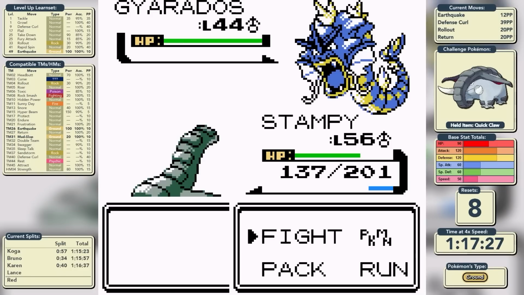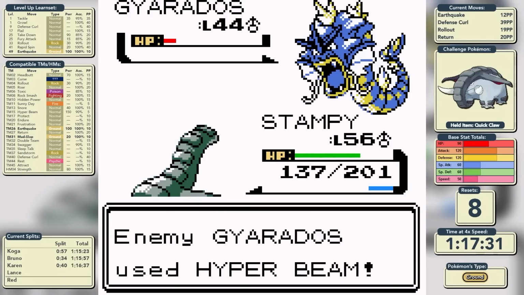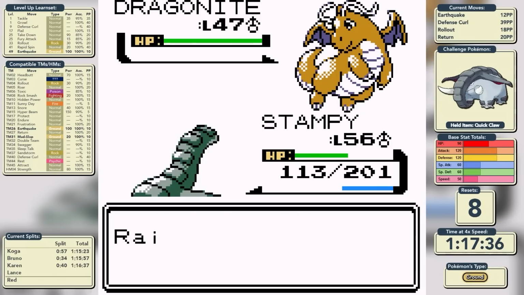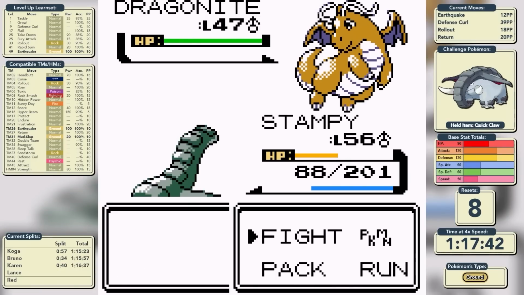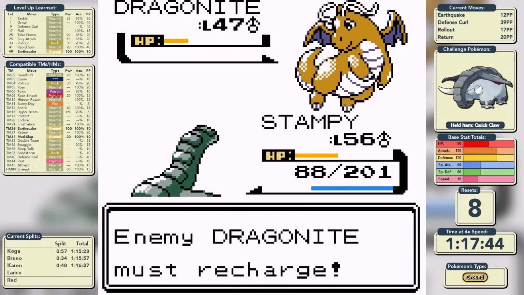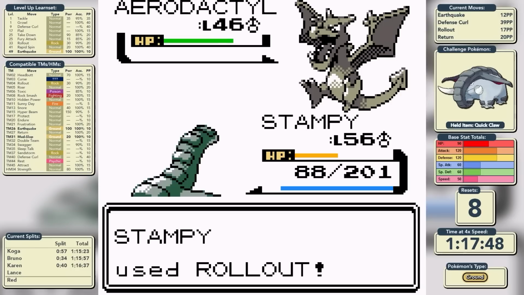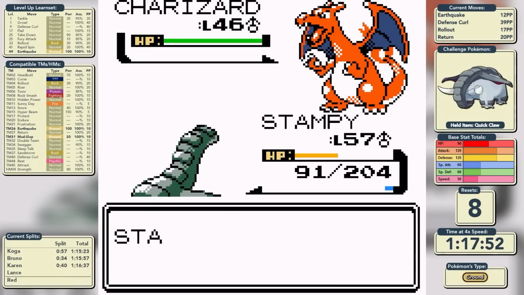same strategy once more. We defense curl into rollout, and this time he uses Rain Dance on the second turn. That means we are in much better stead to knock out the Gyarados, and we're back onto the Dragonites. We know that's an easy one-shot with our boosted rollouts, and Dragonite number 2 comes out, but we miss our rollout. It gets locked into Hyper Beam, which means it has to recharge, and we're on 88 health for the